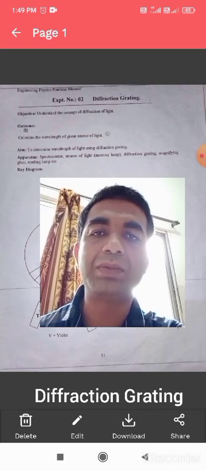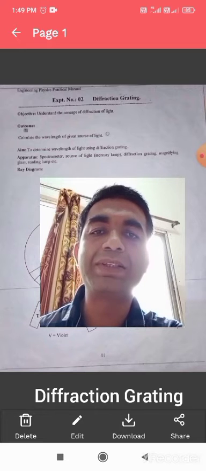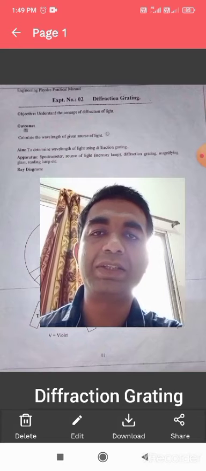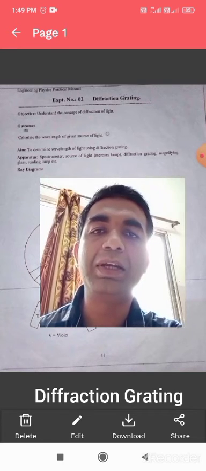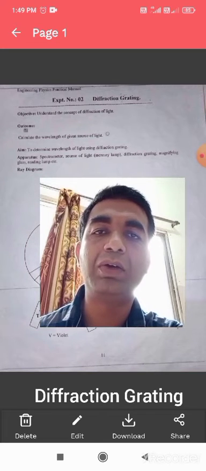So what is the difference between the interference pattern and diffraction pattern? If we look at the interference pattern, all the bright bands have the same intensity, while for diffraction, the central maxima is much more intense in comparison with the other bright bands. This is the main difference between interference and diffraction. Diffraction means the bending of light around the corner of an obstacle and producing geometrical shadow.